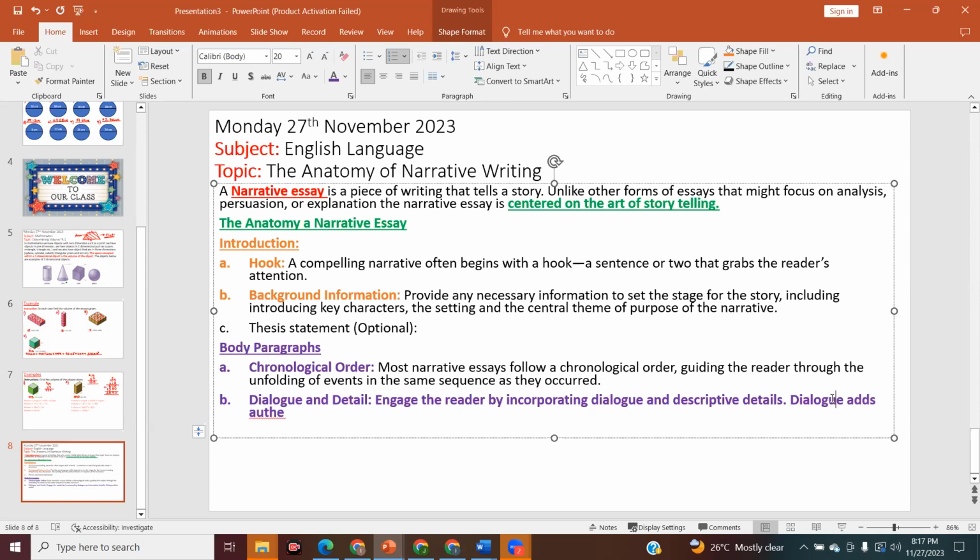When we say authenticity, we mean it sounds more real, so it sounds like you actually made this up yourself, and you didn't get it from Google. So engage the reader by incorporating dialogue and descriptive details. And dialogue adds authenticity and can reveal characters' personalities,